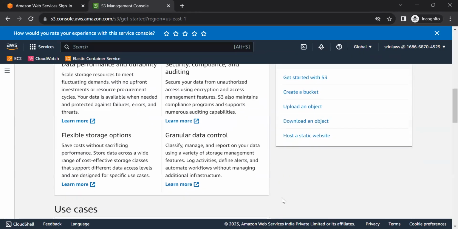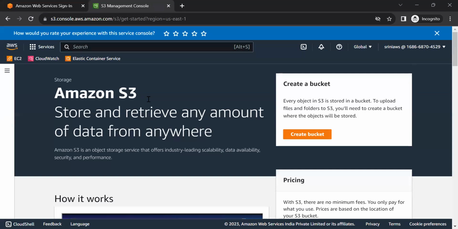I think we can stop from here and we can continue creating EC2 and other services tomorrow. This is just a basic introduction class about the AWS cloud. I hope this helps you understand some background history about AWS also. Let me know if you have any questions, guys.